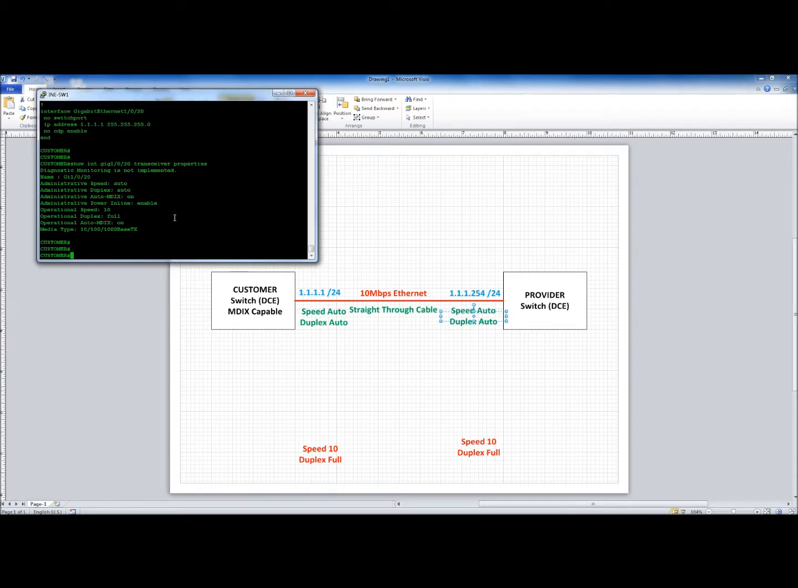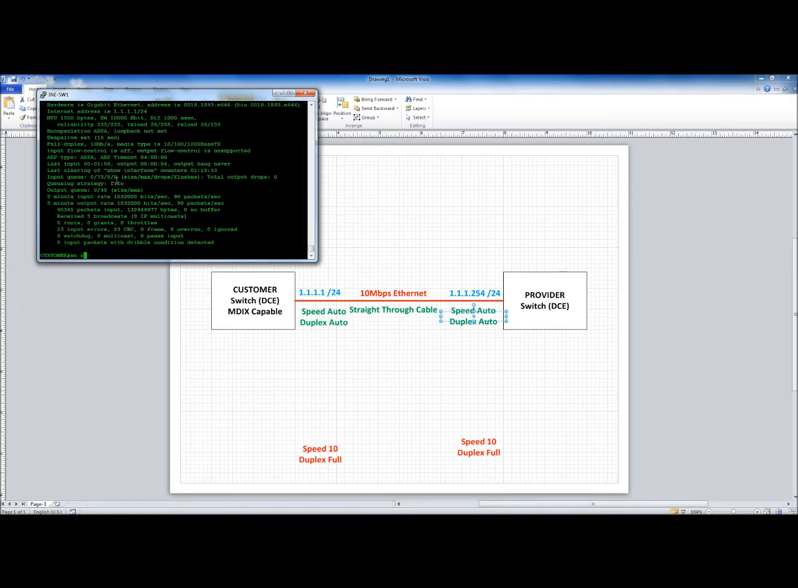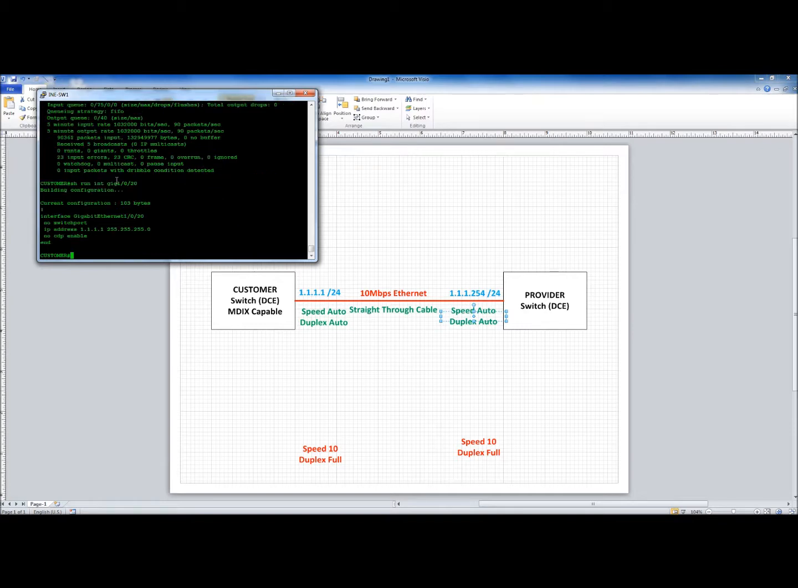Okay, so let's take a look at the customer interface configuration. It's set up for auto, and the service provider is also set up for auto at this point, and it negotiated for 10 megabits per second full duplex. Let me get to the interface configuration. It's set up for auto. So at this point, if I send the data,